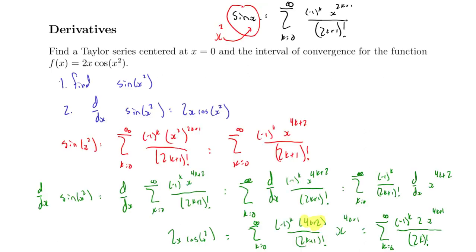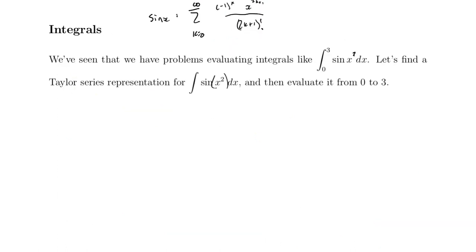And again, as a reminder, we've already done this. We found the Taylor series for sine of x squared. It's this one in red. So it's going to be x raised to the 4k plus 2 over the 2k plus 1 factorial. So we'll say sine of x squared is this series